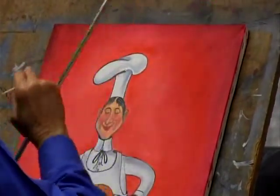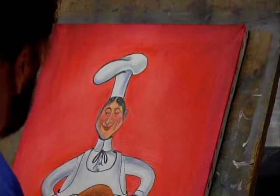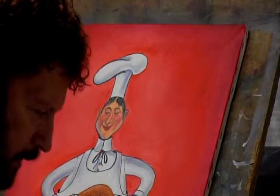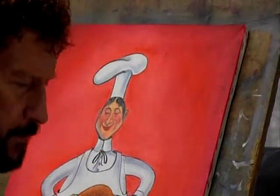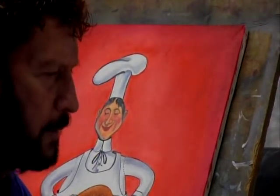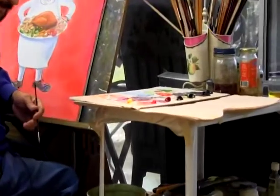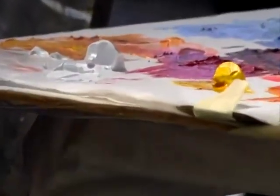Okay. Now I've got a little white to touch up. Let me do that right now. And I want to blend a little more color into my background, if I can. I'll lay that brush right there. I'm going to pick this little one back up, the little short-haired one. I want to get some white, so let me turn this around. Get that cleaned off a little bit. Maybe right there. This white,